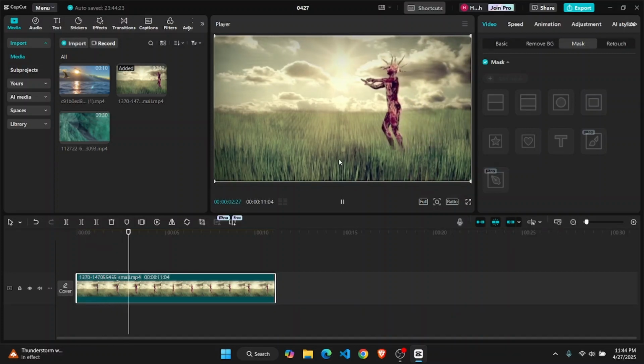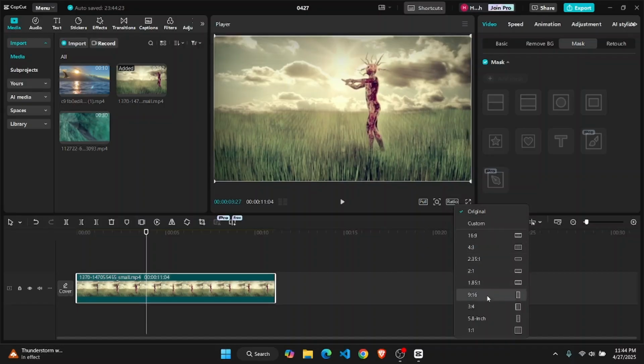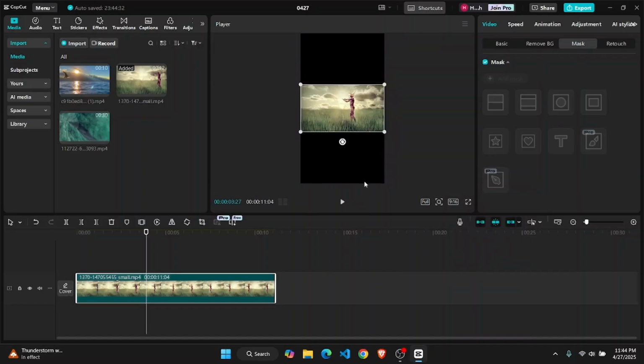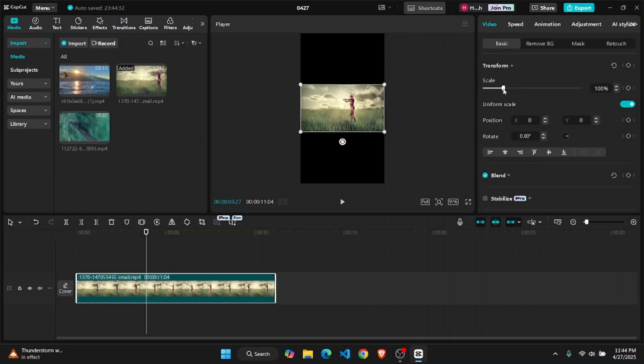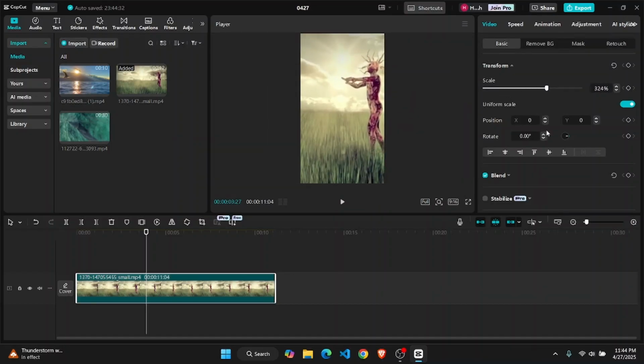So if I want to turn it into a YouTube Short, what I'm going to do is click on this ratio option and choose 9:16. Once you have chosen this, you can increase its size. Let's go to basic and then scale it up a bit so that it fits on our screen. But if I start playing the video, as you can see, this character right here moves out